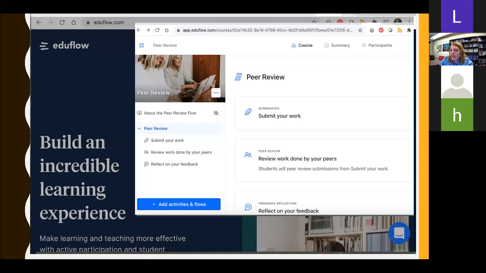What you can do with EduFlow is make it very easy for students to submit their work. Then, and only after they've submitted their work, can they review the work that's been done by their